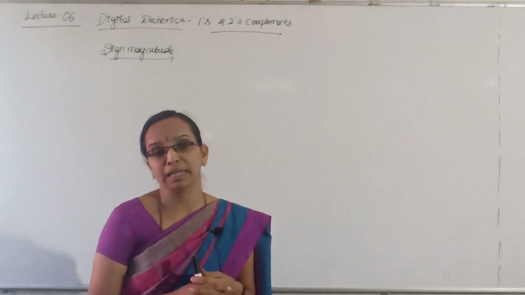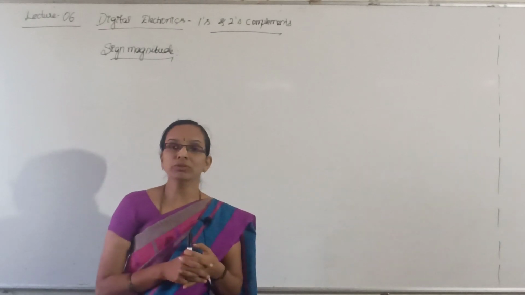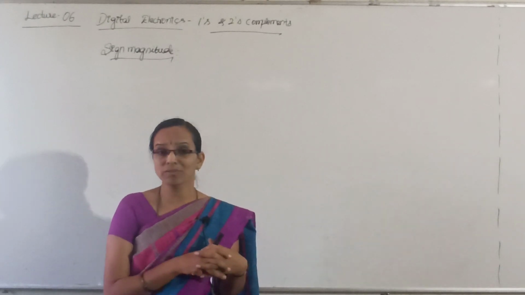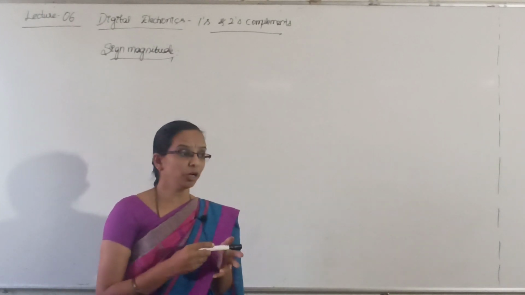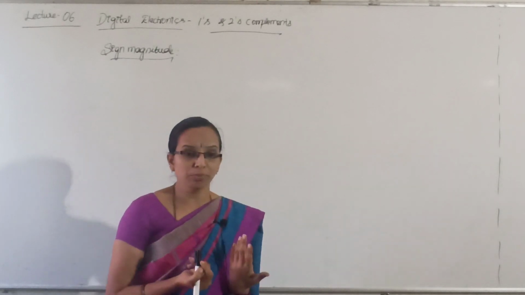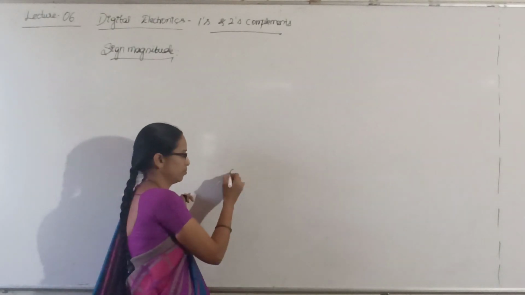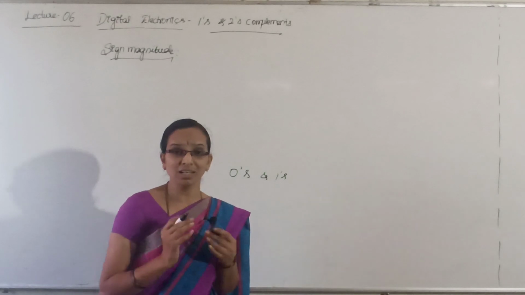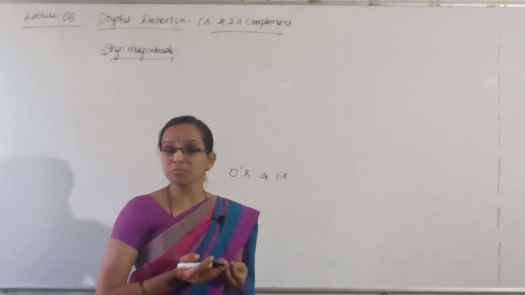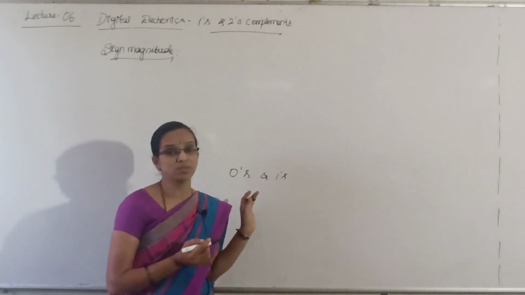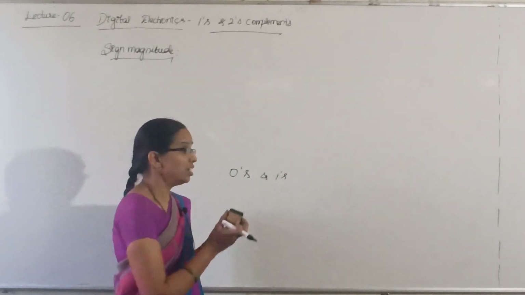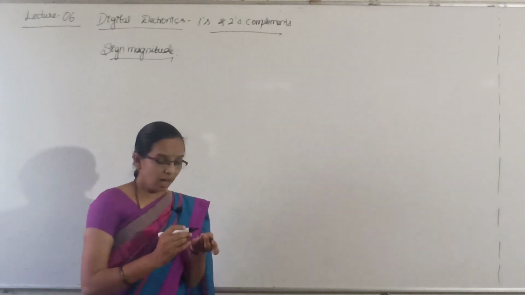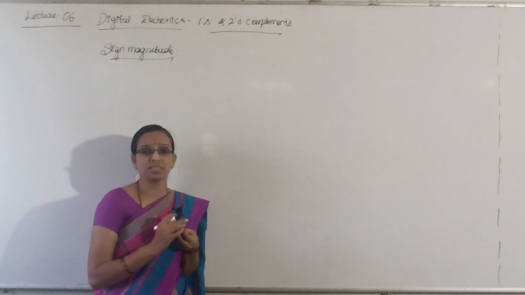What about in case of binary? What about in case of computer languages or your digital systems? They will not have any such provision to represent plus or minus. You cannot put plus, the computer will not understand; it understands only zeros and ones. Any symbol, any speech, any text, alphabets, numbers, everything is represented by streams of zeros and ones. So to represent binary numbers, they have different methods to represent signed numbers.